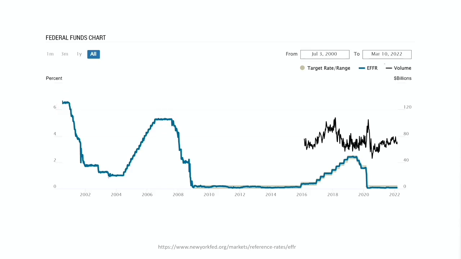So hopefully you guys got a little bit of something out of that. I think this chart is fascinating. Okay, but going forward to